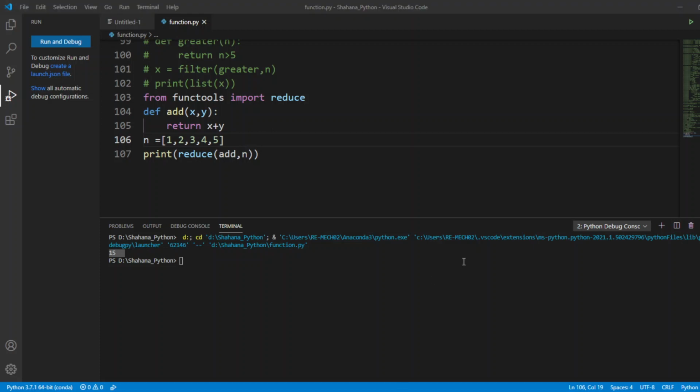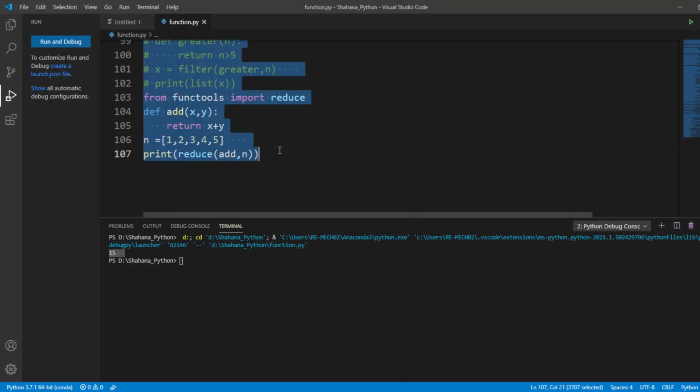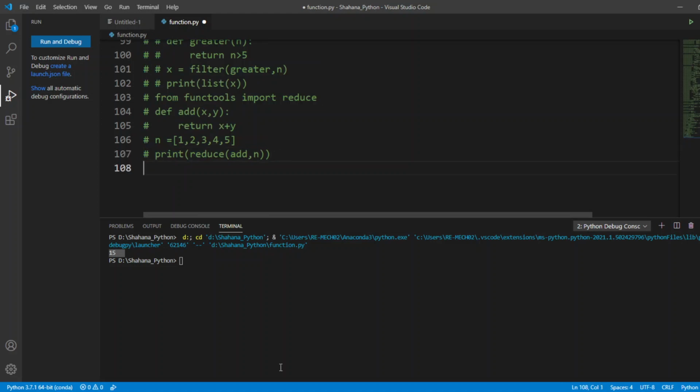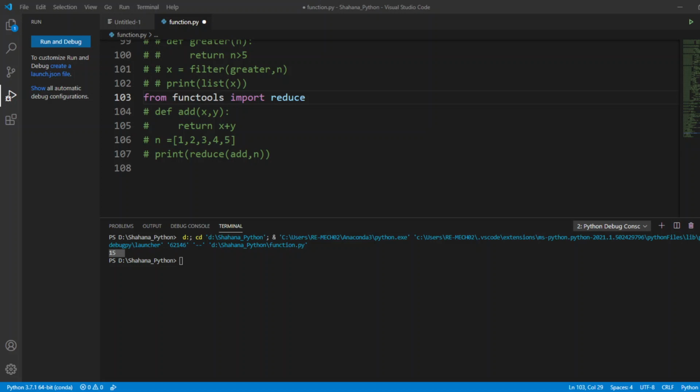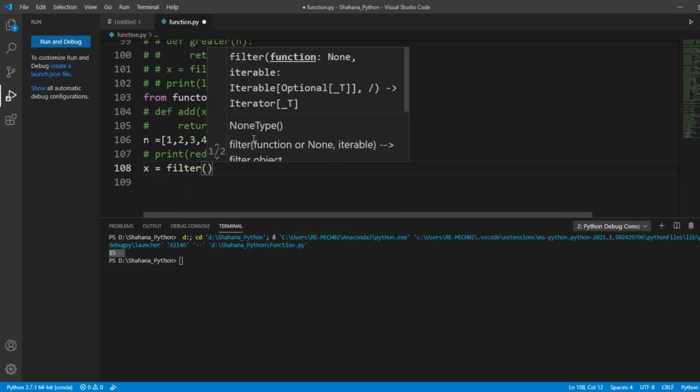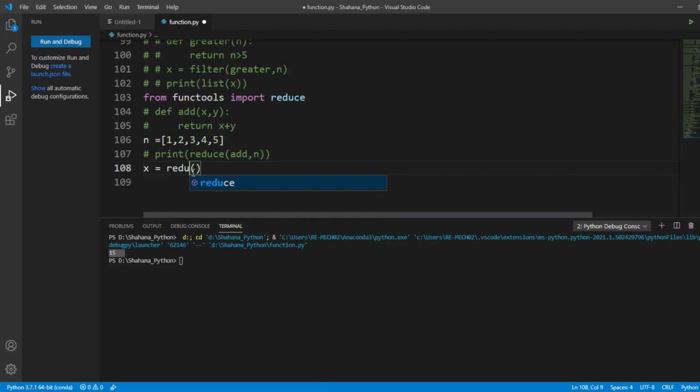Our next problem is to use the reduce function with a lambda. For that also I'm going to import reduce. I'm going to do the same method using a lambda function, taking this same list. I'm defining a variable x. It's going to be reduce, sorry, not filter.